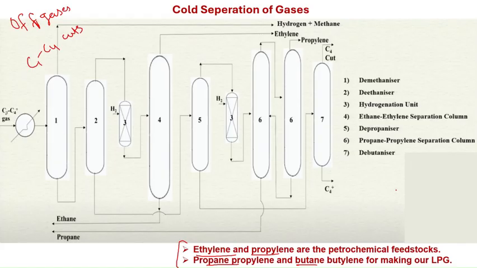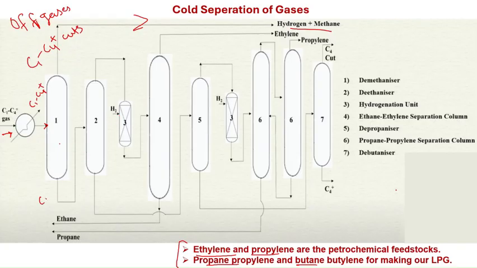So what happens is these off gases are taken off in this, and after heat exchanging, they are taken into this demethanizer. Here we are giving a C1 to C4 plus cut. Okay, C4 and some amount of additional cuts may also be present. So C1 to C4 cuts are given in this demethanizer. From here, the methane gas is removed. Methane, along with some amount of hydrogen if present, is given off from this demethanizer.